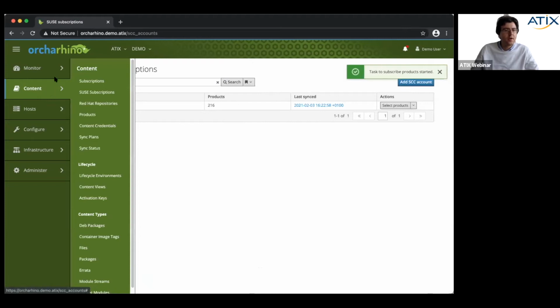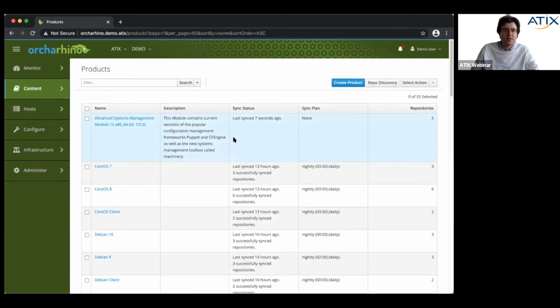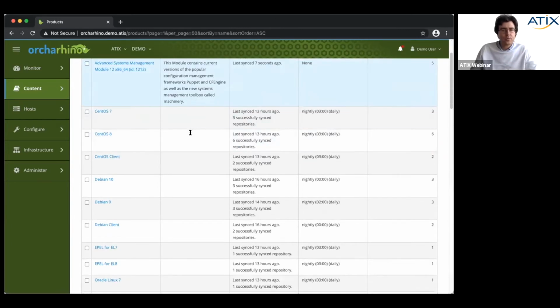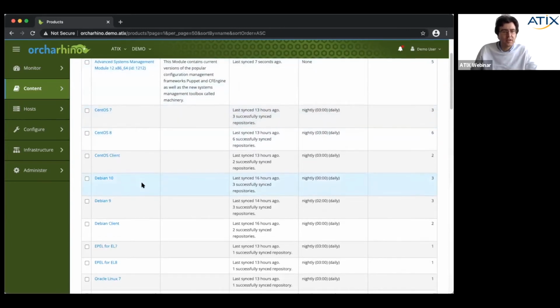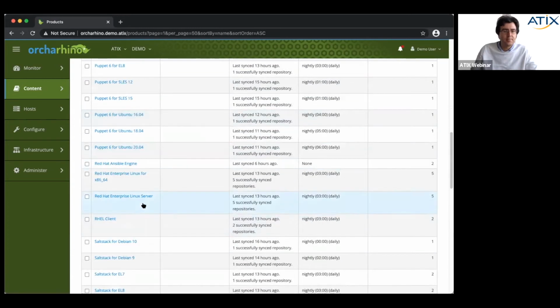All the products, all the repositories are created in products. So you can see here all the products we have for our operating system. Right here you see this is the product we just created from the user subscription manager. We have the products for CentOS, for Debian, for EPEL for EL7 and EL8, Puppet, and so on.